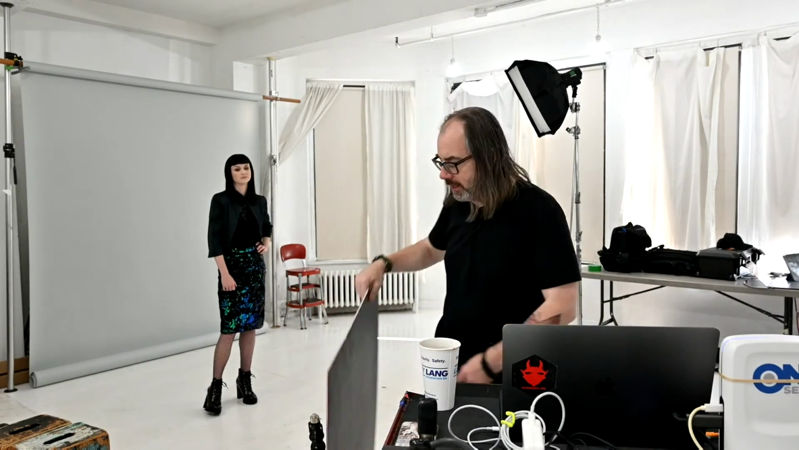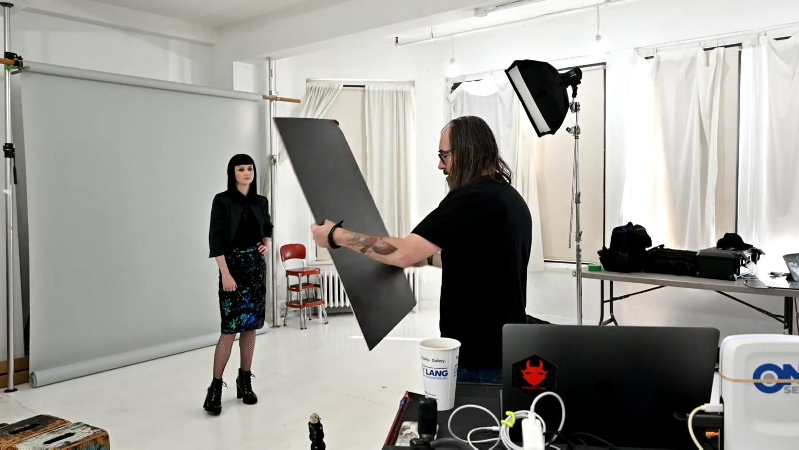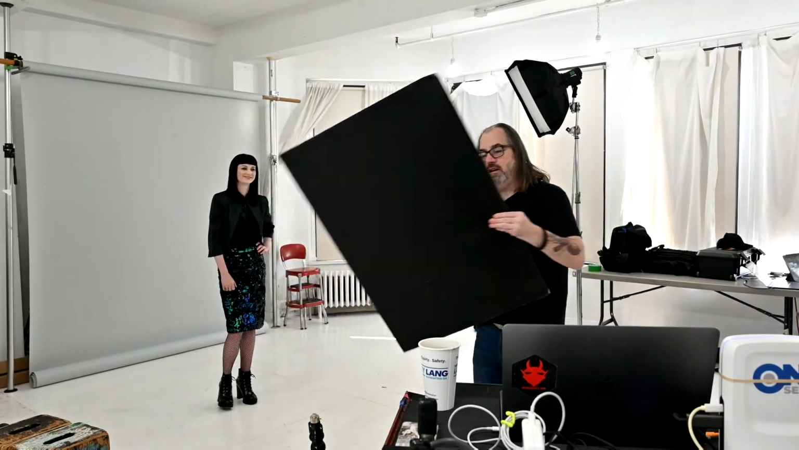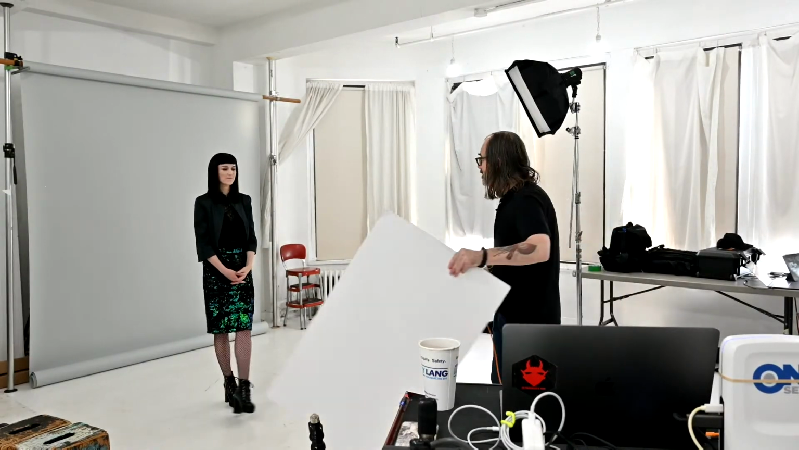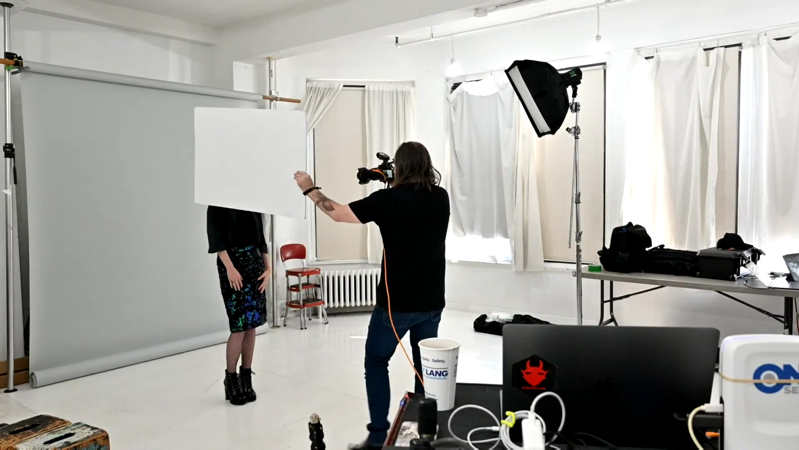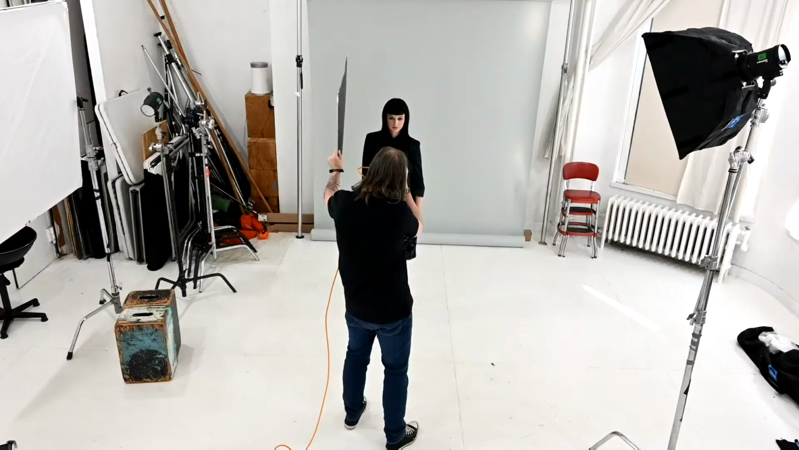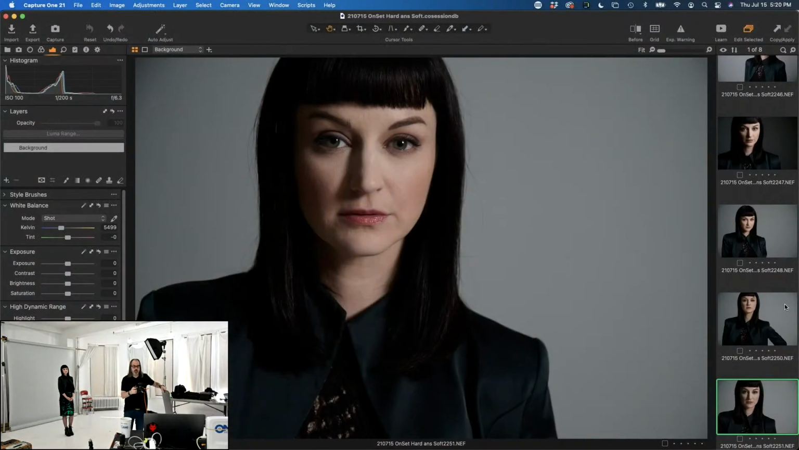You can use something like this black card here that Seth made, that somebody made. It will help with that a little bit and give us a little more contrast. Right, now we've got darker darks because